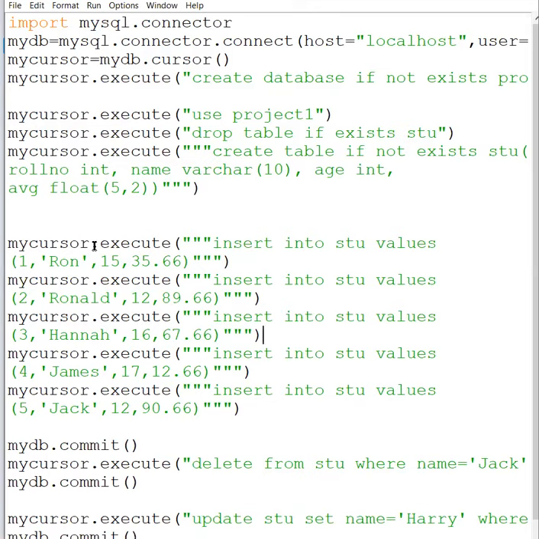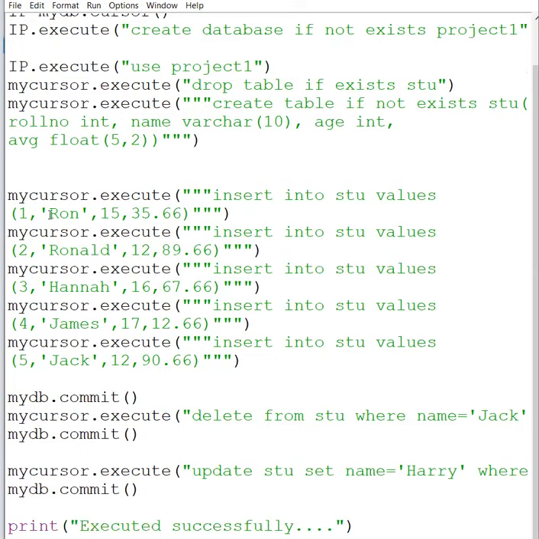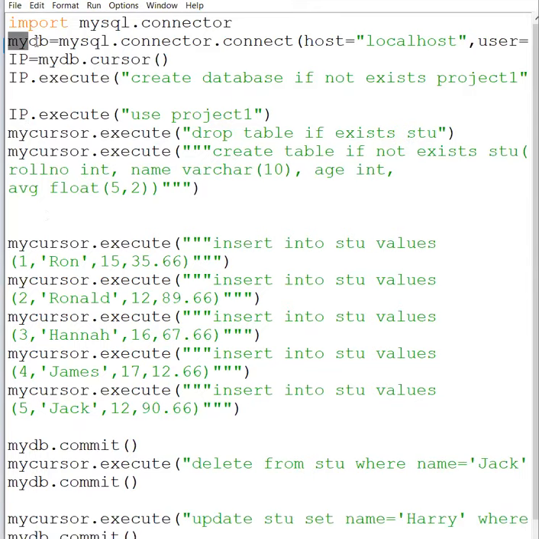हाँ मंतशा, अगर आपने यहाँ पे IP कर दिया, suppose this is what I am saying, आपने यहाँ पे this is nothing but variable name, no. If you are writing over here IP, so everywhere you are going to write IP.execute, IP.execute like this, है ना. Everywhere you can change it. ठीक है, it is your choice. ऐसे ही MyDB के बदले so many are writing My Database, पूरा का पूरा नाम. So wherever, these are nothing but variables only you are creating.